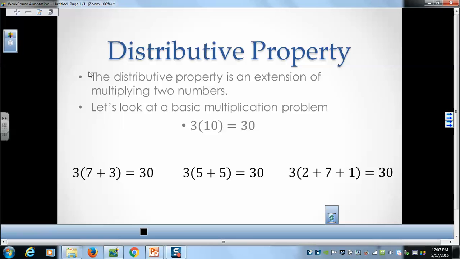So now, I think all of you would agree that 3 times 10 is in fact 30. But now, what happens sometimes is that this internal number that we're multiplying the 3 by